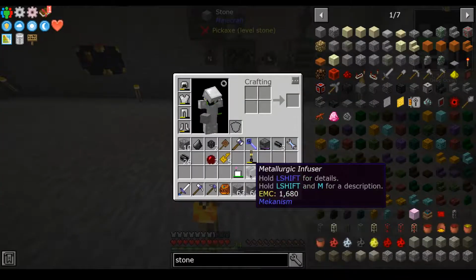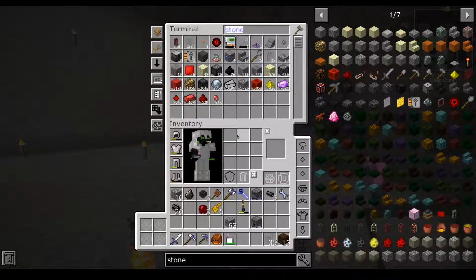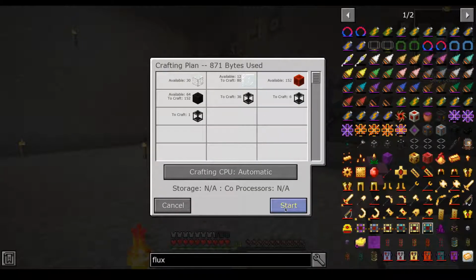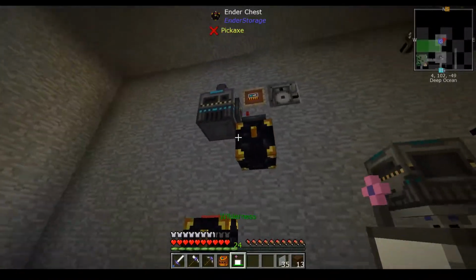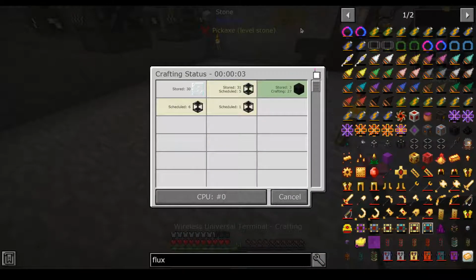And we can go ahead and test it really quick. We can put the metallurgic infuser back into the thing. So now we can go ahead and say if we want flux, like say this one holds 128, build one of these and go. So we can watch all of the stuff get tossed into here as quick as we can be. And